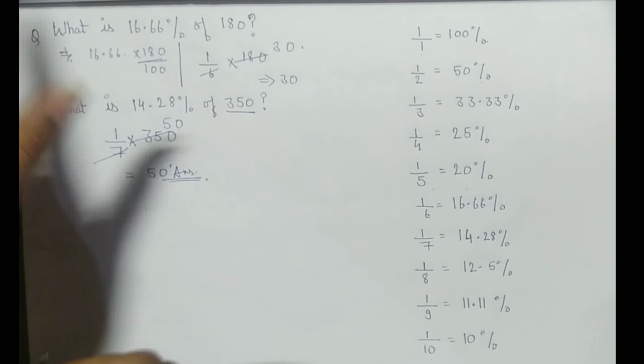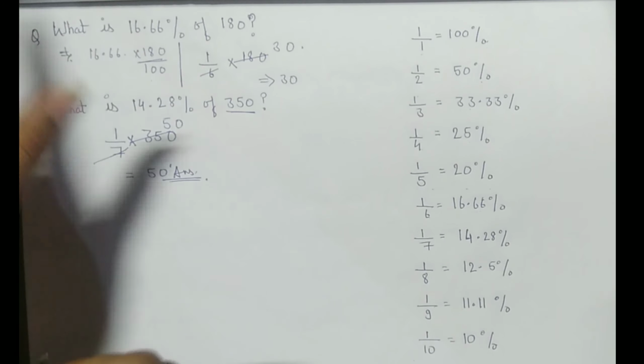Now let's understand this concept. Whenever some value is increased by a certain percent, that is, X is increased by any certain percent, let's take an example: 50%. X is increased by 50%. The simplest way to solve this is to memorize the fraction part of 50%, that is nothing but 1 by 2.